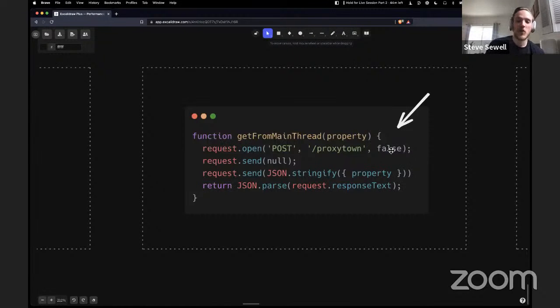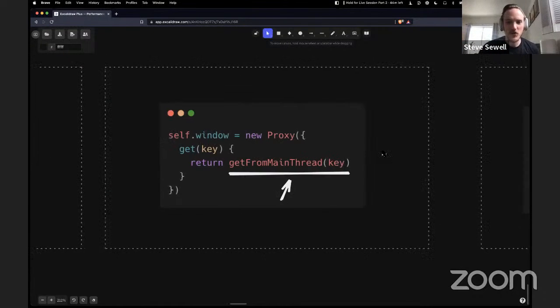Now, as you can see, we're making a request to some bogus place called Partytown. And that's the other clever trick here: Partytown is not a real path that exists. And so we also install a service worker. The service worker looks at the request for Partytown and goes, oh, wait, you want something that's actually from the main thread. Then at that point, we're in asynchronous land. The worker is frozen and waiting. So synchronous execution is still happening. But now in the service worker, we can just post a message to the main thread. Hey, give me the value of window location href. Hey, give me a reference to an object. Give me whatever. And then we can respond and shoot it back.